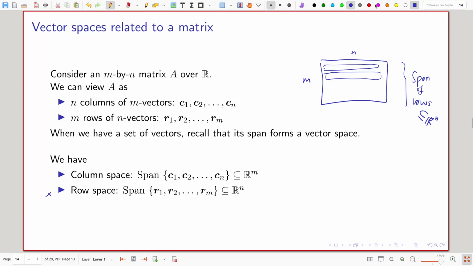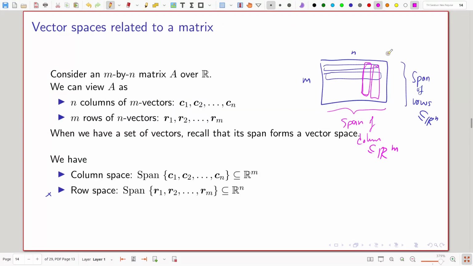And if you take the columns, okay, span of columns, it's a subset of R to the m, because each vector has m elements. Okay, so those are the two spaces that we get from the matrix.